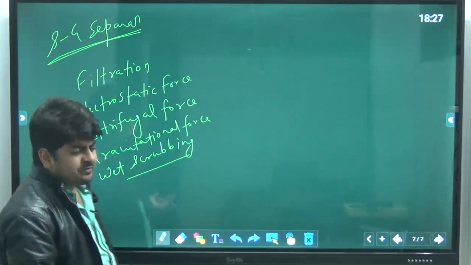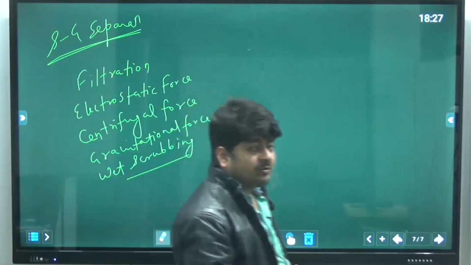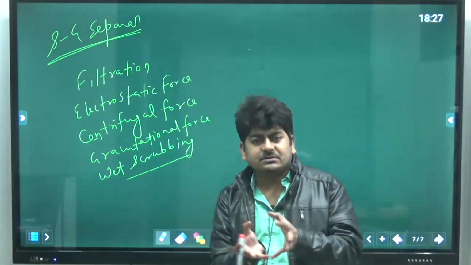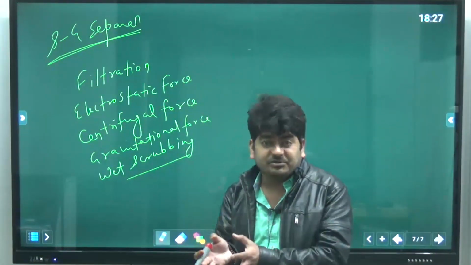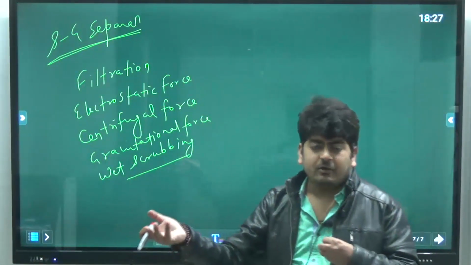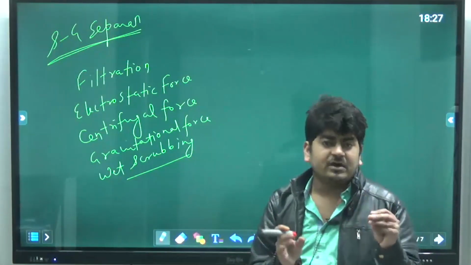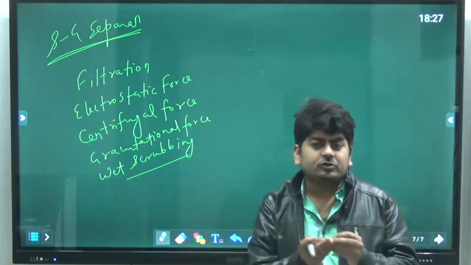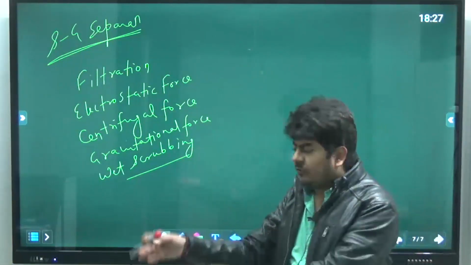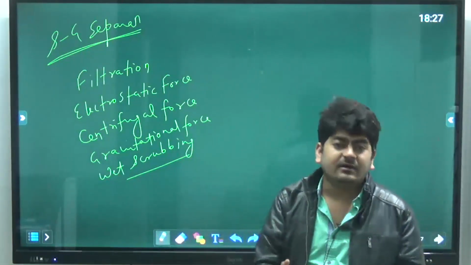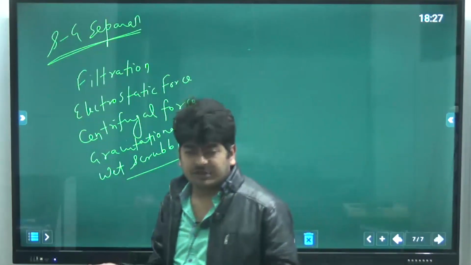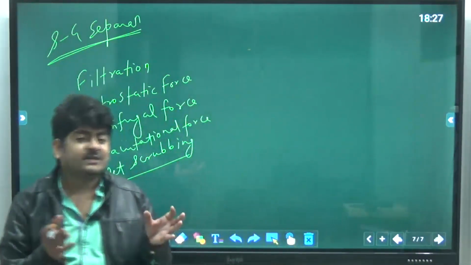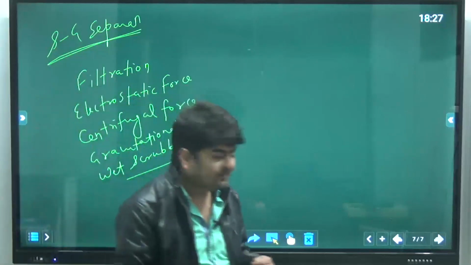In gas absorption, if you want to remove CO2 from exhaust gases, we pass those exhaust gases through a gas absorption column along with water. Since CO2 has higher affinity towards water as compared to the gas, CO2 will leave the gas phase and go into the water, and that's how CO2 recovery takes place. Those equipments are called CO2 scrubbers as well. If any of you have done industrial training, then you must know that.